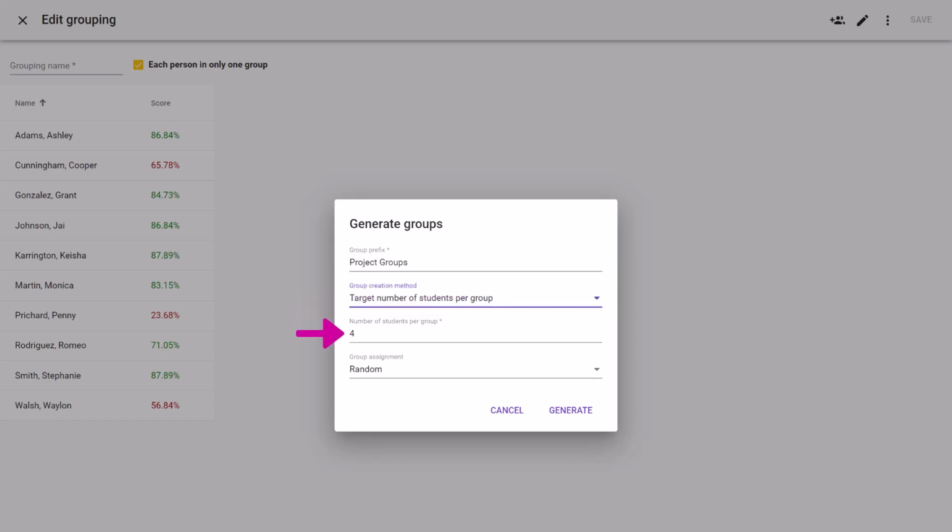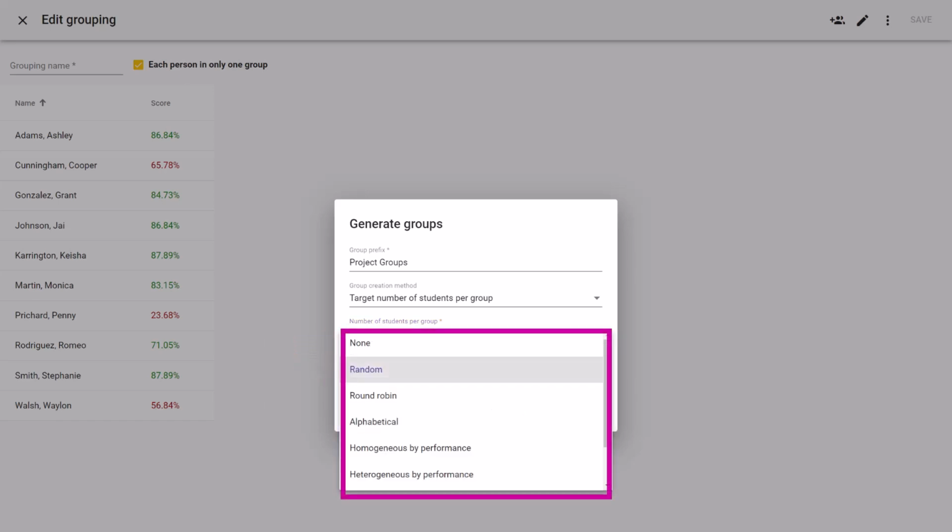Next, you can enter the number of students you want in each group if you chose Target number of students during the previous step. Or you can enter the number of groups you want to create if you selected Fixed Number of Groups. Last, you can determine how you want your groups established by selecting one of the 8 options for assigning students. The options are None, which allows you to hand-pick your own student groups, Random Assignment, Alphabetical by first name,